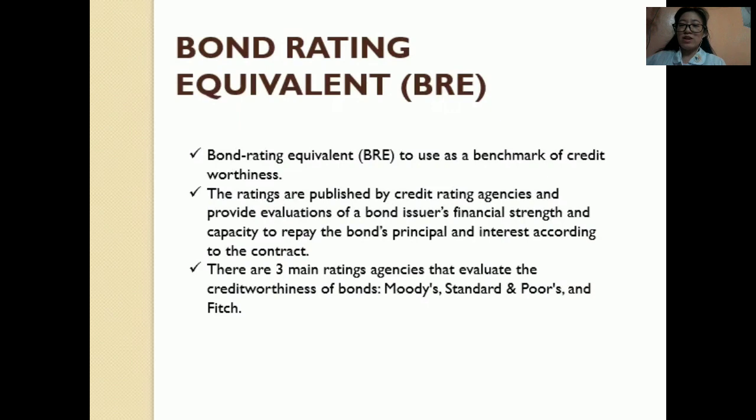Bond rating equivalent, or the BRE, is used as benchmark of credit worthiness. A bond rating is a grade given to a bond by a rating service that indicates its credit quality. The ratings are published by credit rating agency. They provide evaluation of a bond issuer's financial strength and capacity to repay the bond's principal and interest according to the contract. There are three main rating agencies that evaluate the creditworthiness of the bonds, which are the Moody's rating, Standard & Poor ratings, and the Fitch